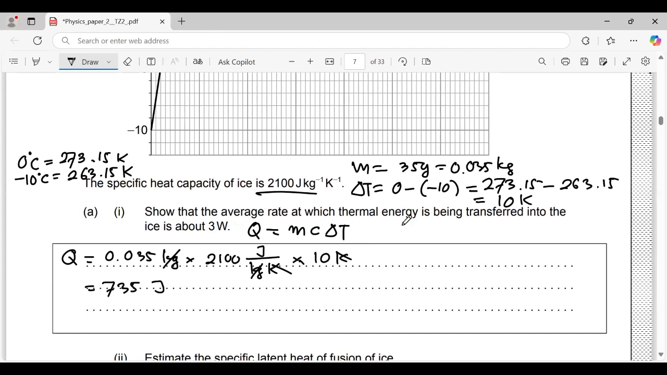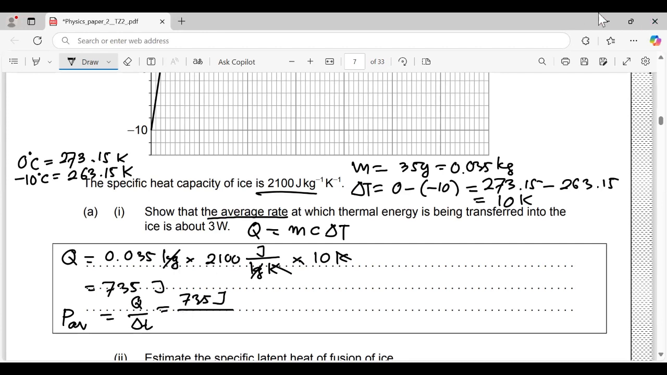Now we will figure out the average rate of power. So it means the average of power. The formula is Q over delta T, 735 joule over